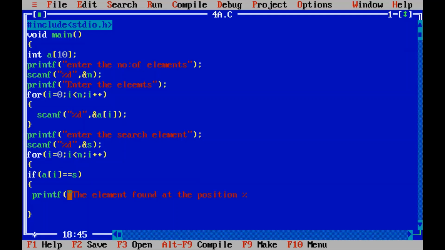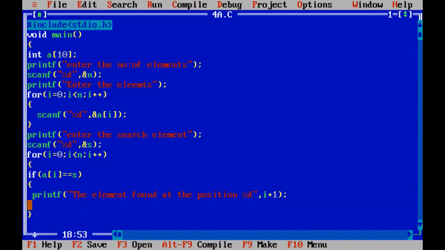And how to get the position now? Instead of %d, if I am giving the variable, it will be replacing, the value will be written in place of %d. So if I want to return the position, I have the index number. I will be having the current index number where the search element is found. So how to return the position? I plus 1 will be returning the position of the element if it is equal. Understood?